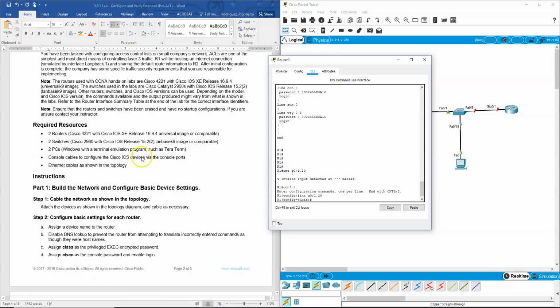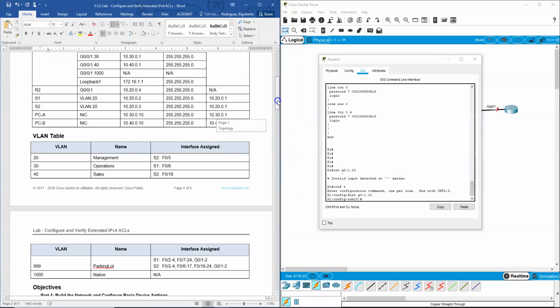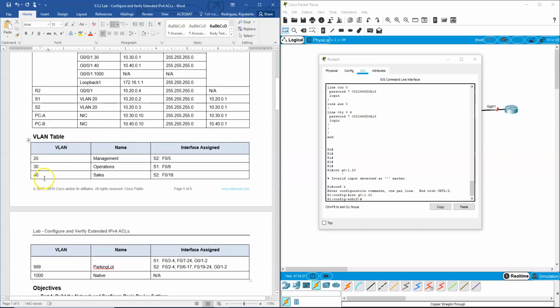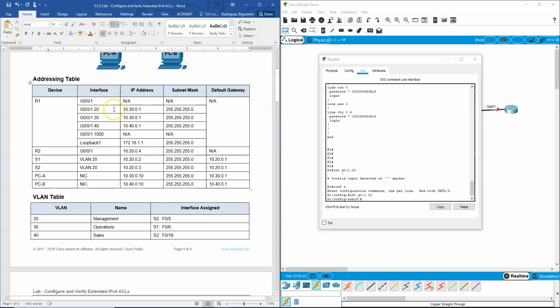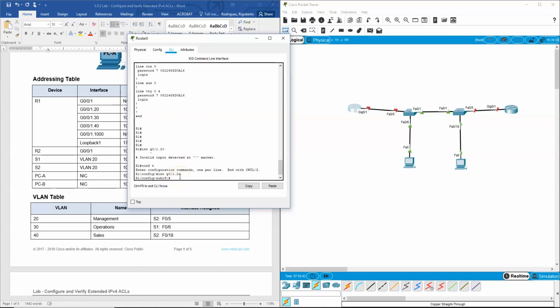What we need to do is create a sub interface for every single VLAN that we have. So we're going to do a .20, .30, .40, .1000. We don't need to do a .99. So these are all what you should be looking at in this addressing table. That's everything that you're going to set up. So not a problem there. First thing we need to do, since we're doing inter-VLAN routing, is encapsulate. So encapsulation